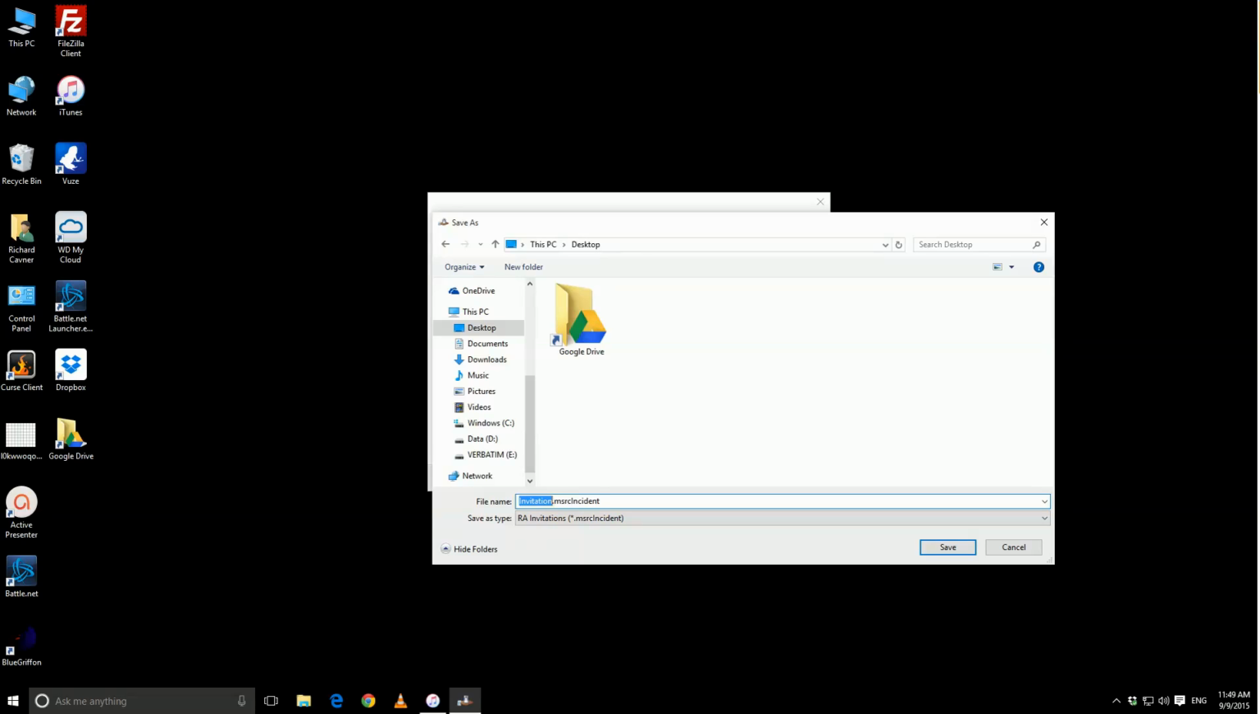Invitation 1 is what I usually do, because if your invitation gets disconnected and they don't get back right away, you end up with multiple files with the same name, and it's better to already number them so that they don't get mixed up. So you save that to your desktop,